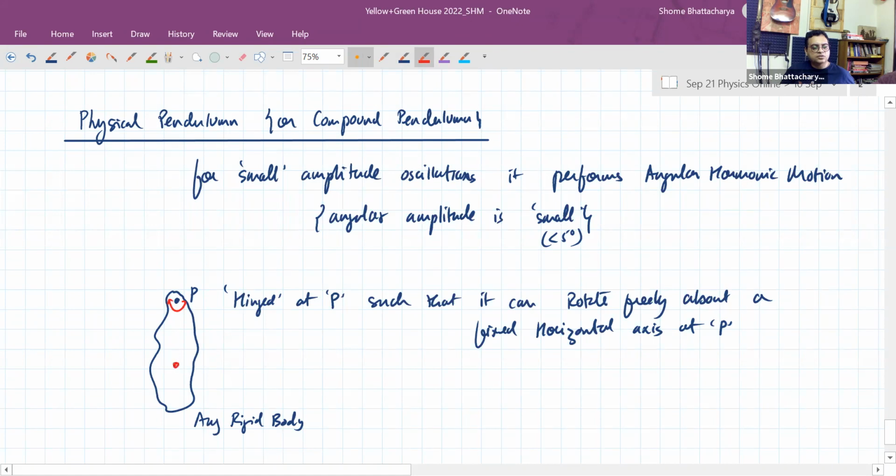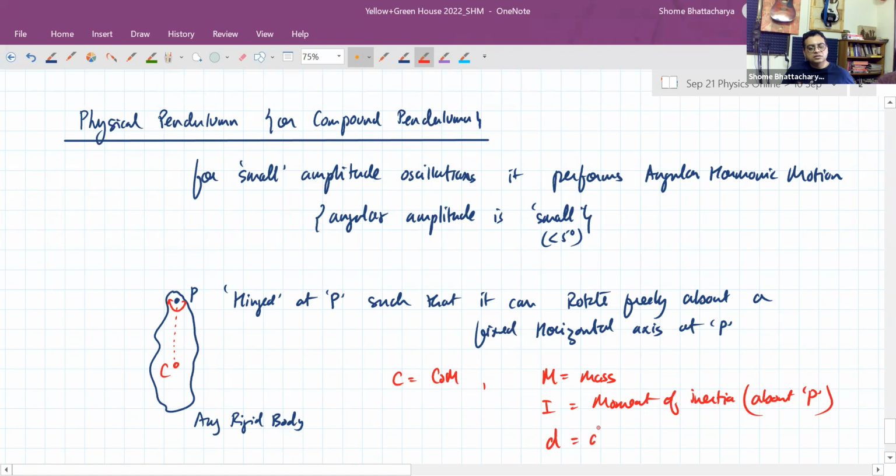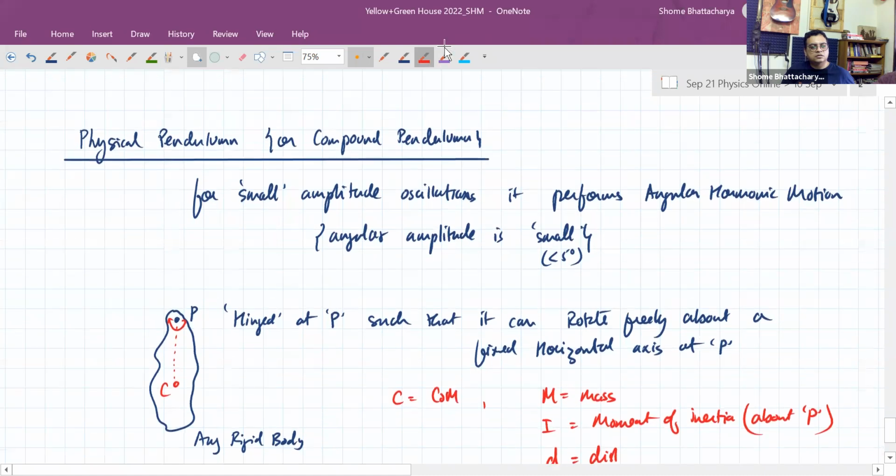And the center of mass of the rigid body is, let's say, the point C. M is, let us say, the mass, and I is the moment of inertia about the axis at P. And also one more important parameter is D. D is the distance between